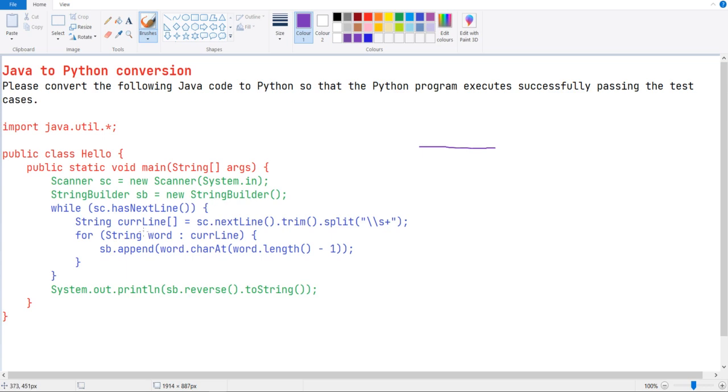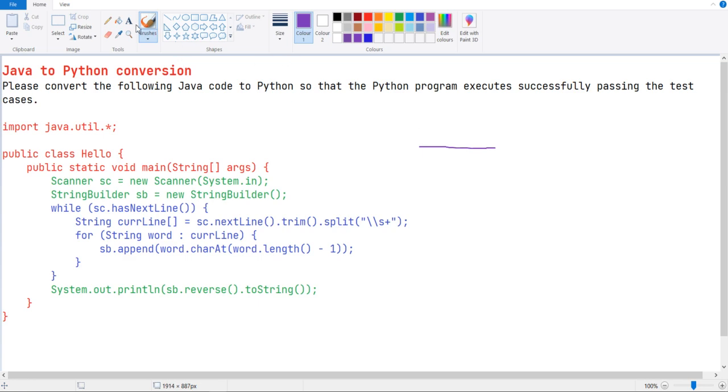Inside this loop, they have created a string array of the current line. In this string line, they have split all the values by space. And then they are traversing each word from the current line one by one.